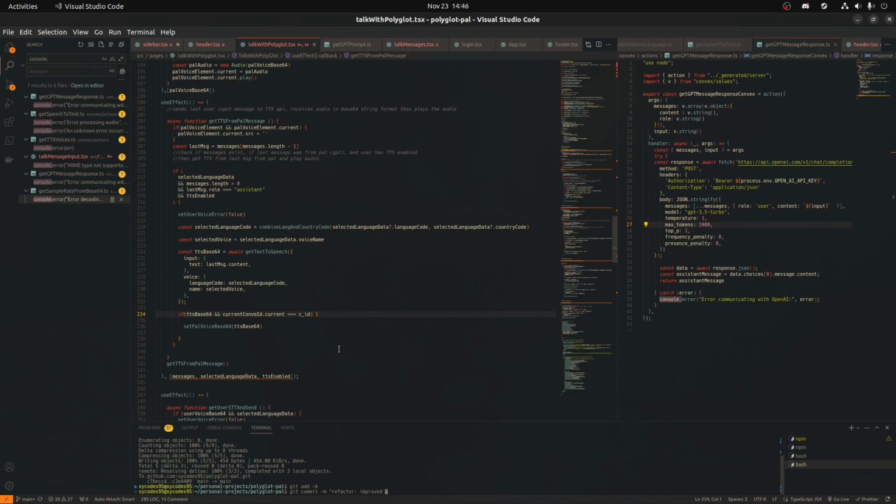Improved responsive, improved, fuck. Guess we'll just do refactored